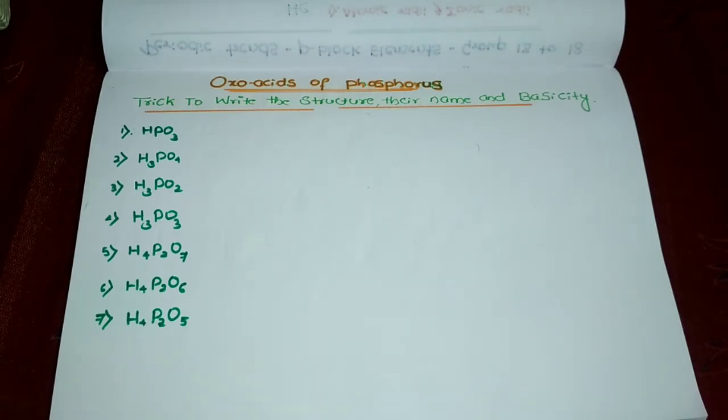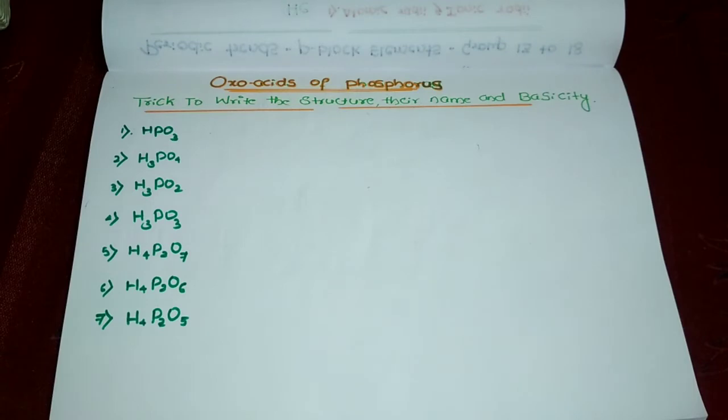Yes, it's quite an important part. If you have gone through the previous year question papers of chemistry for the second PU, you might have seen some questions asked based on writing the structure of oleum, or writing the structure of phosphoric acid, or writing the structure of metaphosphoric acid. The number of questions asked like that is high. So it is difficult to remember all the structures, I know.